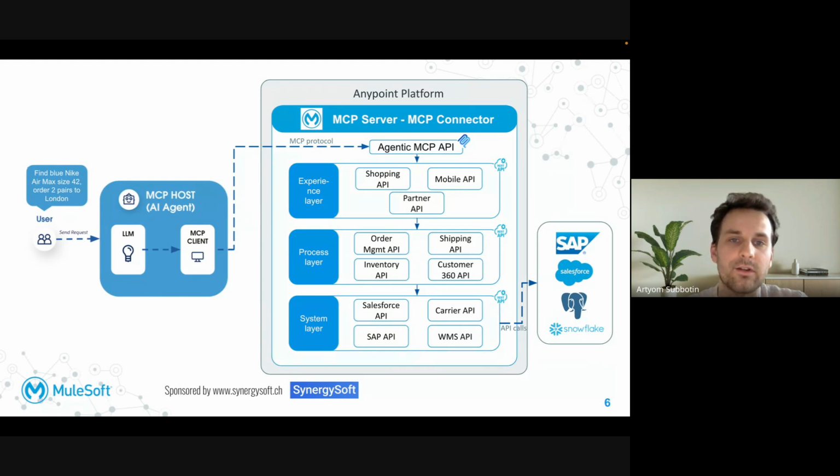It's just a place where we can deploy our MCP API. You see that we have an additional MCP API on top of our API-led integration. The MCP client and MCP server communicate within the MCP protocol.